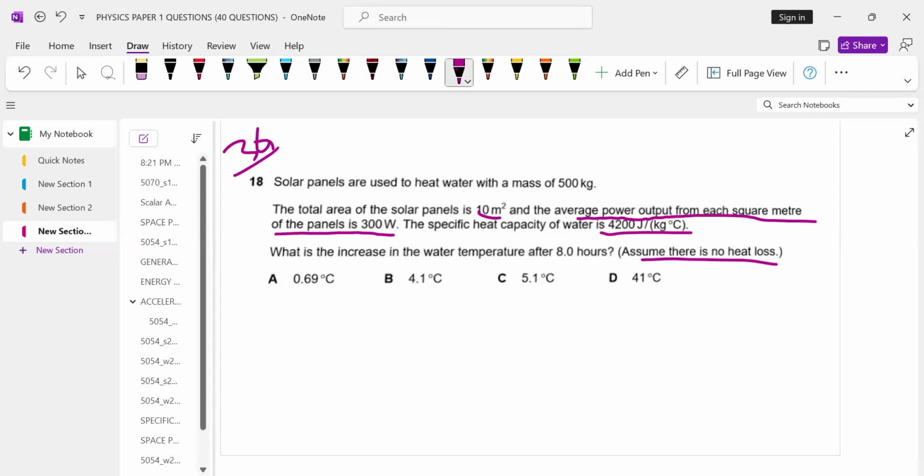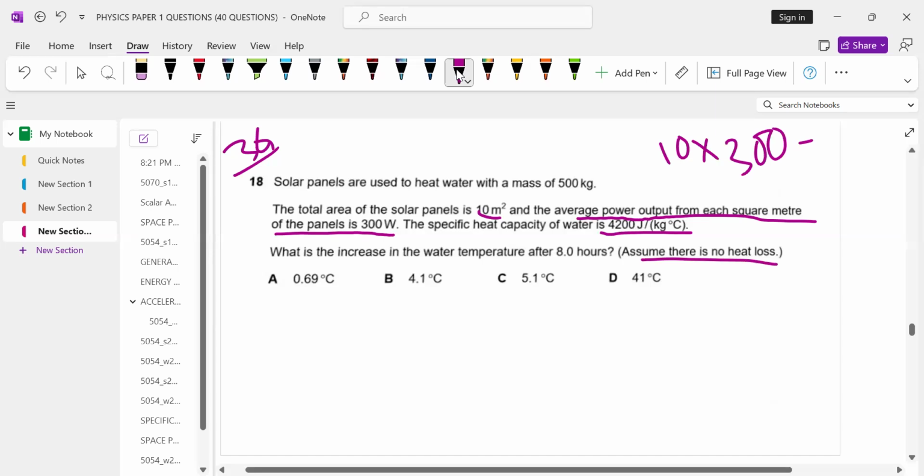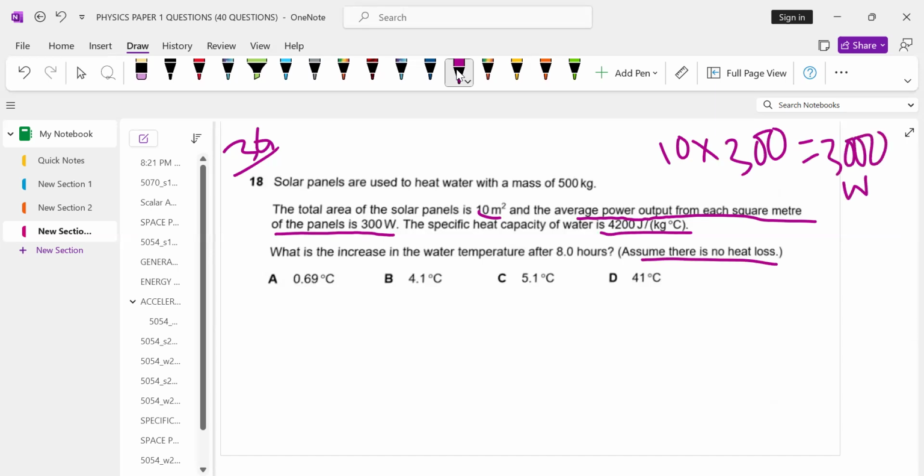For this, firstly, what you need to do: the total area of the solar panel is 10 meter square and the average power output is 300 watts per square meter. So 10 into 300 gives 3000 watts. Now, you need to use the formula which is